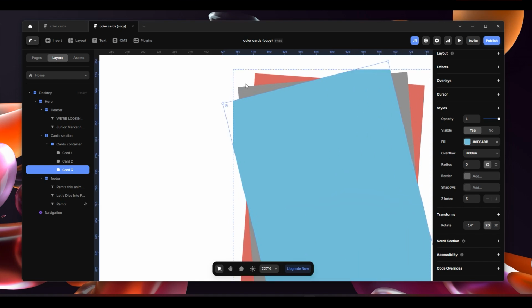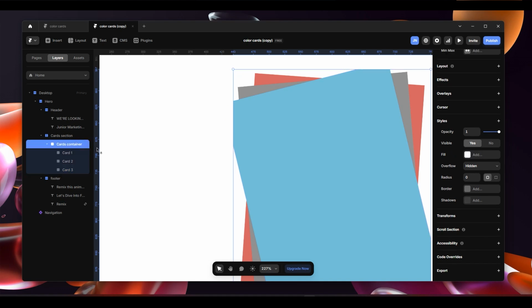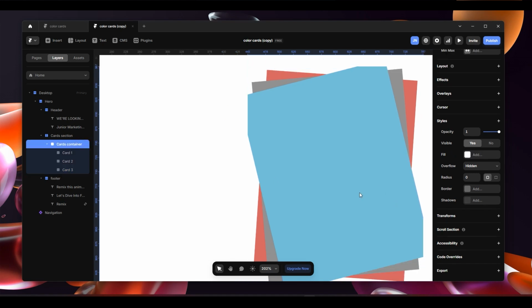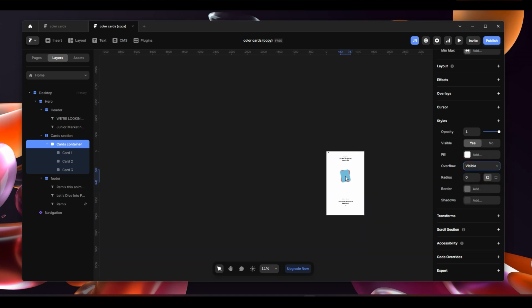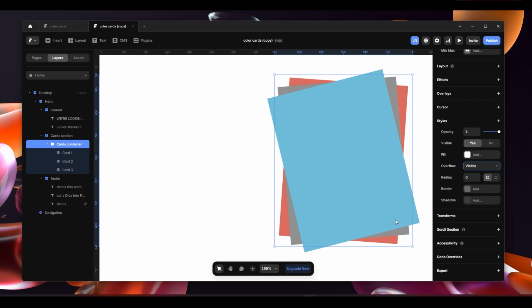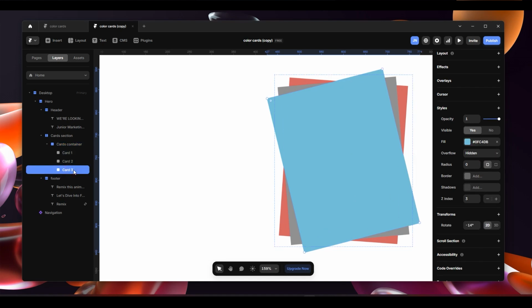This is because we need to go to the parent frame and set it to overflow visible. Overflow visible means that any of the children inside it are going to be seen outside it. So come here to overflow settings and click overflow visible. That's perfect. And then I'm going to create the 4th card here. That's perfect. Okay, and I'm also going to make sure the 4th card has a Z index of 4,